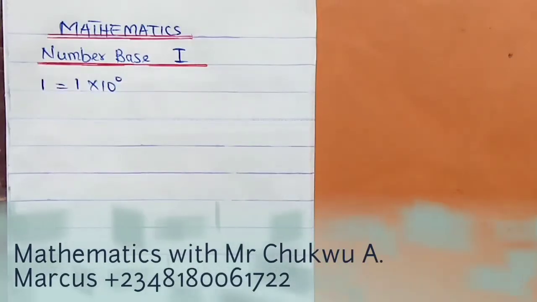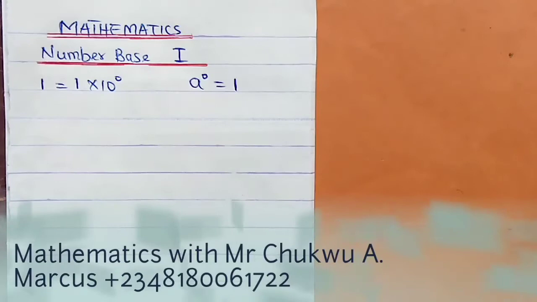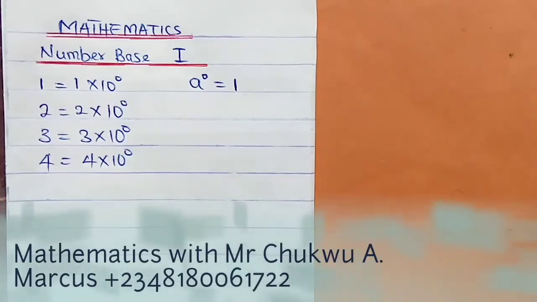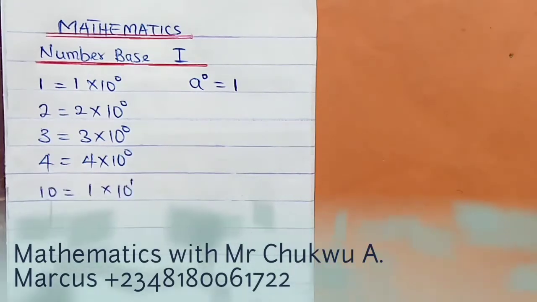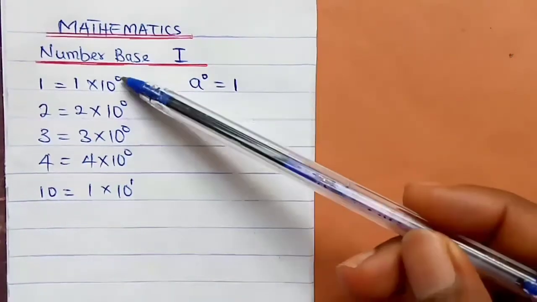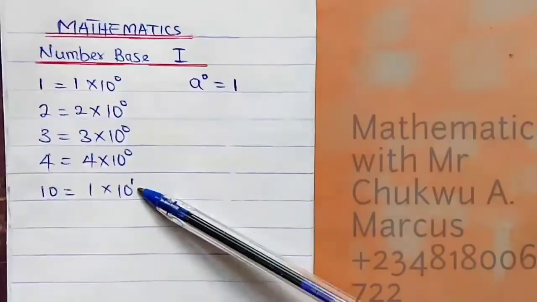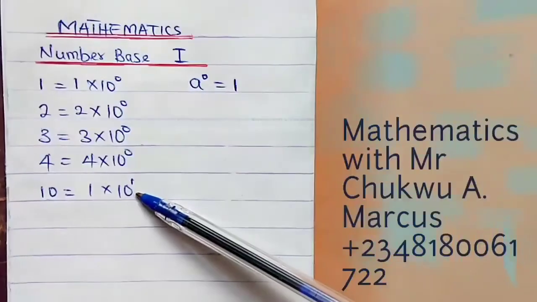1 is equal to 1 times 10 raised to the power 0, because we know that any number raised to the power 0 will always give us 1. This represents the unit values. Now we can go on increasing this number from a unit to tens, as you can notice the number changes. Here it was all zeros, but here we have 1. This is because this is unit, and this is because there is a 10 here.